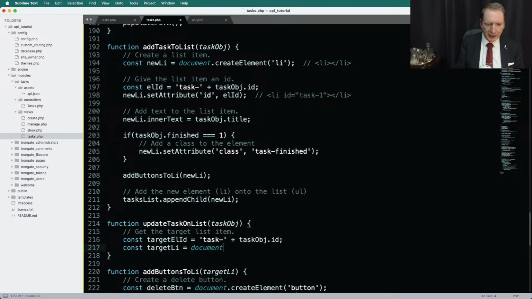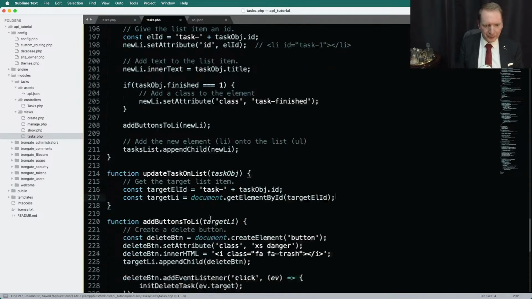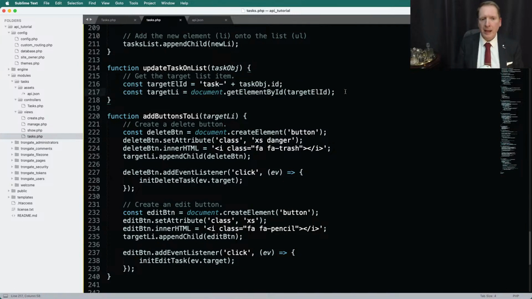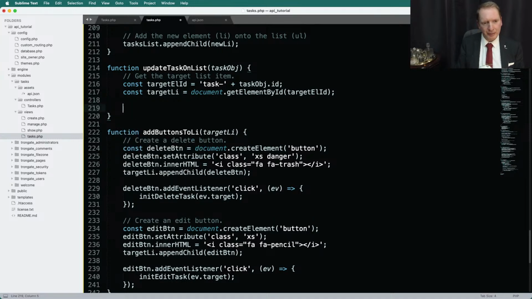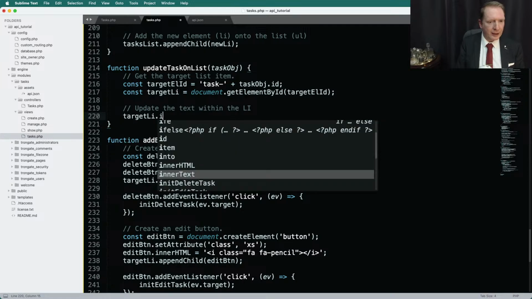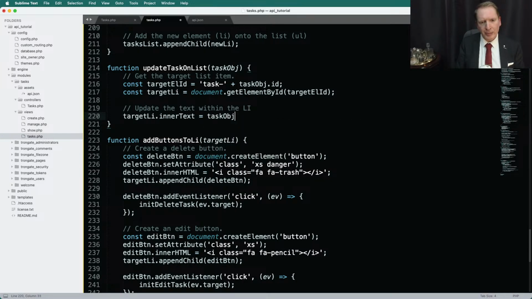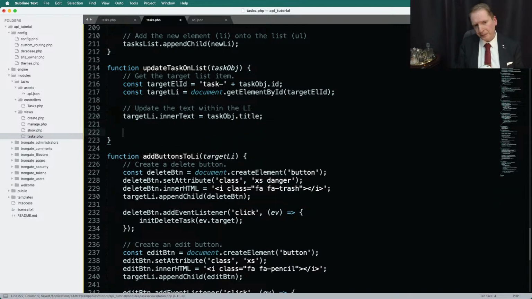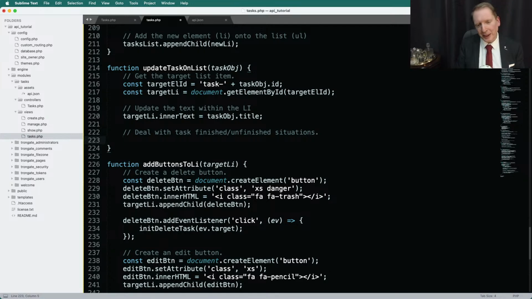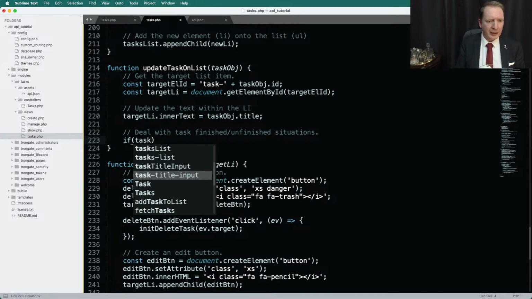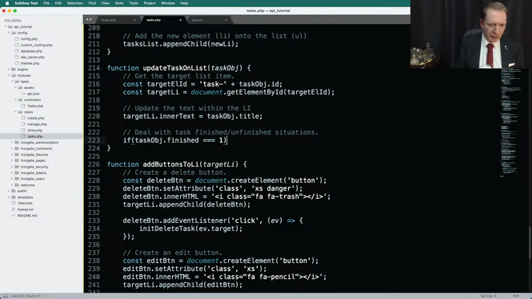So the target LI, I'm going to just say document get element by ID, and I'm going to pass in the target element ID. Okay, so that's giving us this, and now let's just update the text within the LI. So we simply say target LI dot inner text equals task object dot title. That's how it works, right? Then I think I'll do an if statement here to deal with task finished or unfinished situations. So how do we do this? Well, let's say if task object dot finished is equivalent to 1,